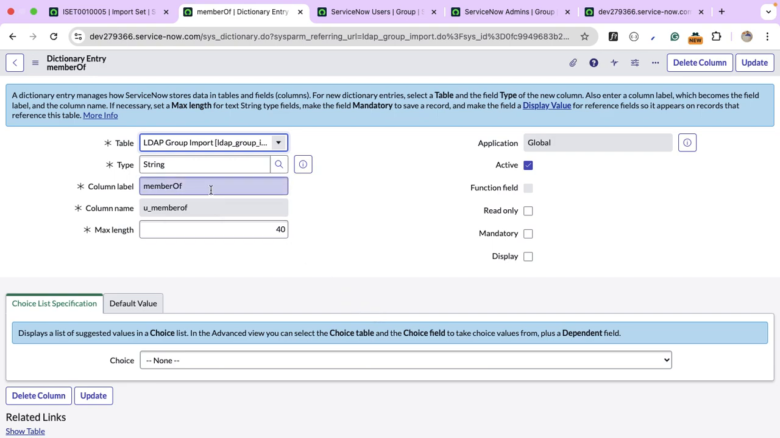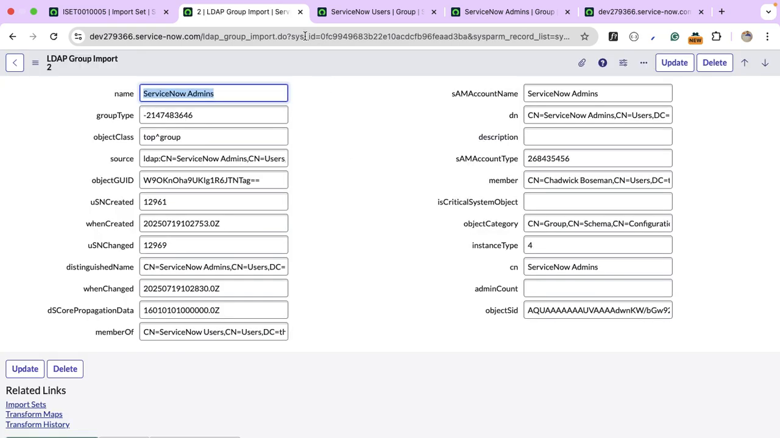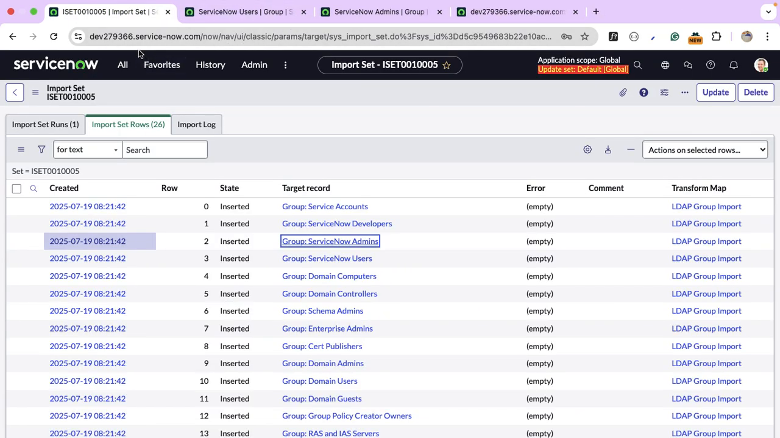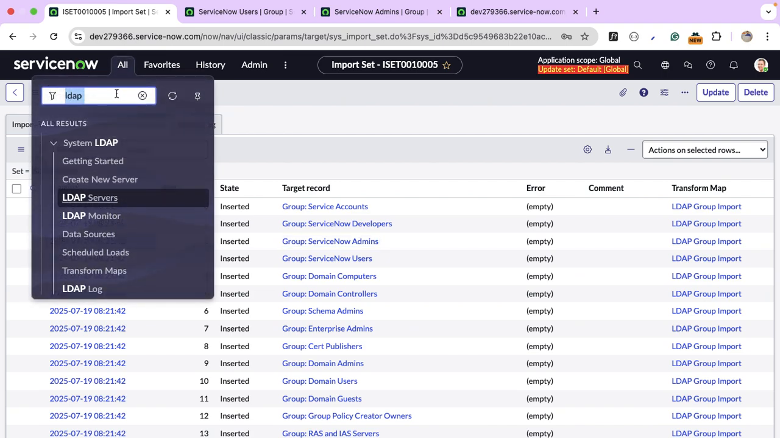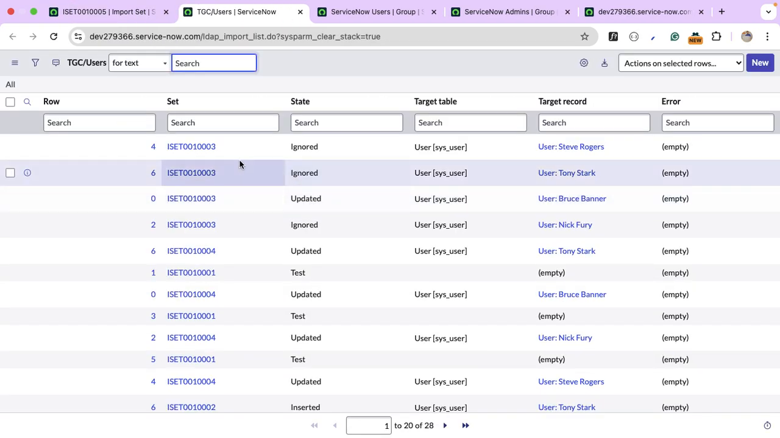And this member of is very important. I'll tell you why this is important. So not at the group level, we at the users table, users LDAP. Let's see the LDAP import. This is the table name. This is the table name